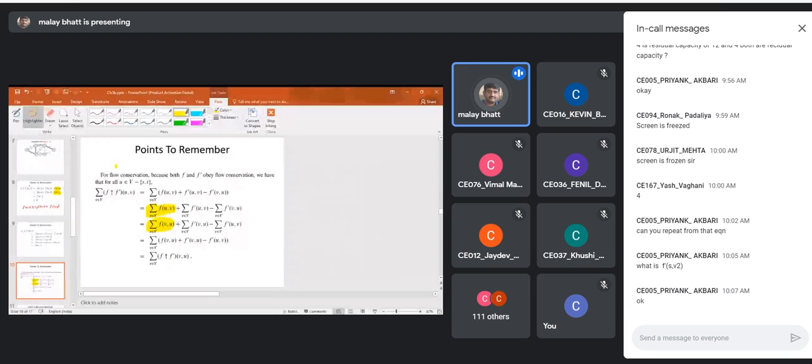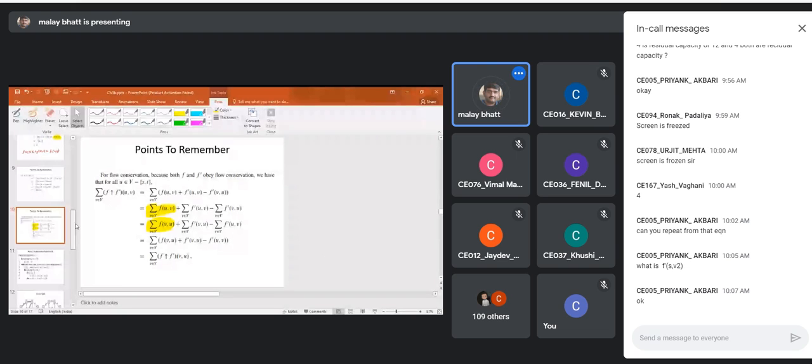So we get the equation as f(v, u) plus f dash(v, u) minus f dash(v, u) for the augmentation. It is a very simple thing showing the flow conservation for all the nodes. Basically it is telling that the outflow from any node will be equal to the inflow to that node. Is this clear? So these are the three important points we have to remember.